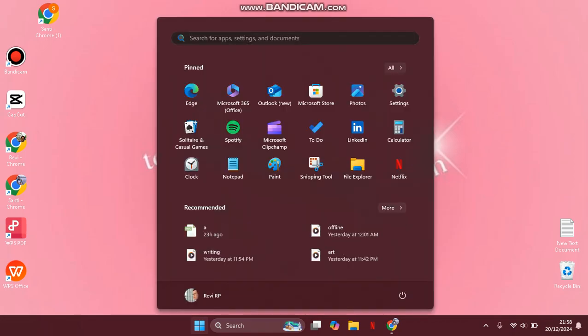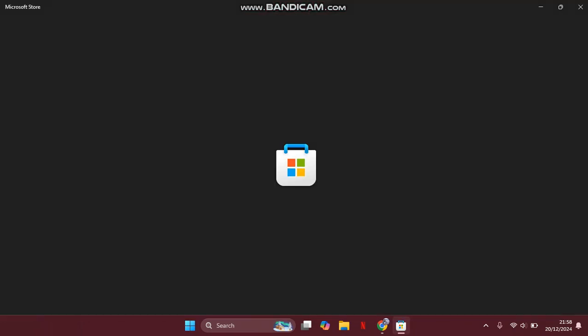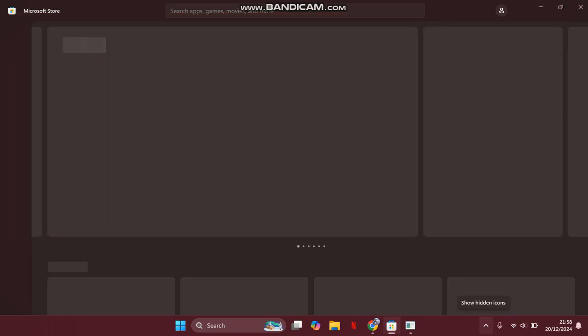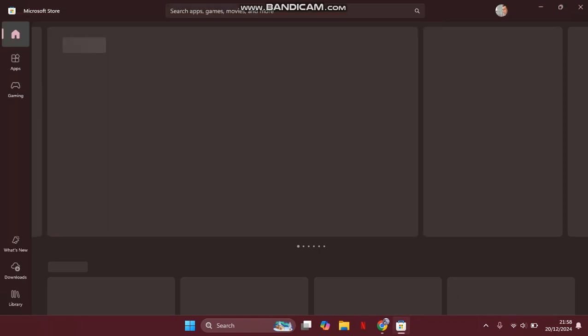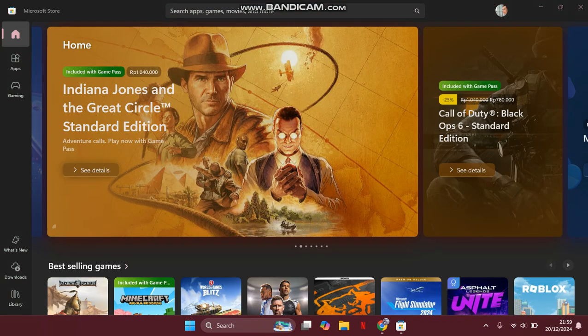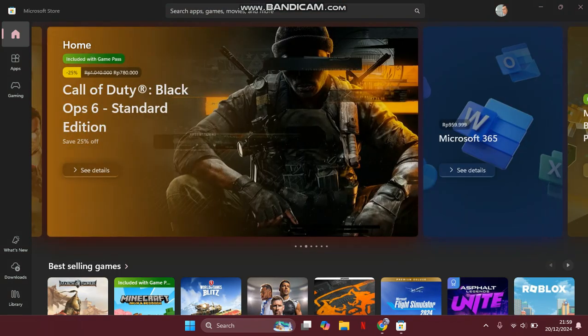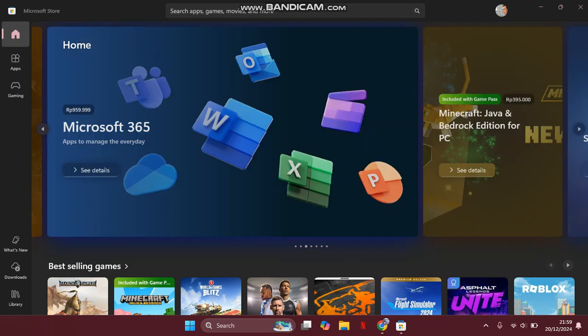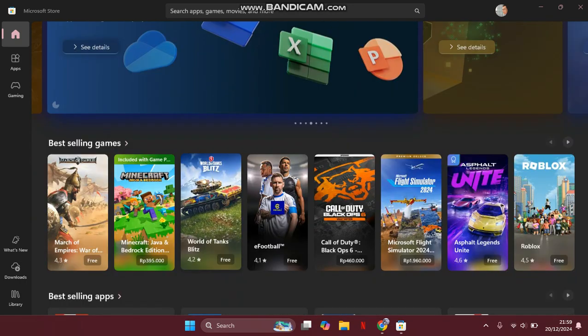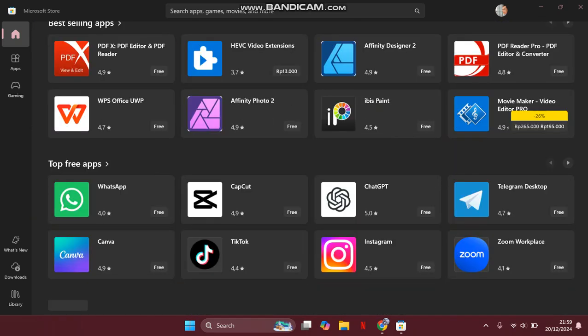If you are also using the Windows operating system on your laptop or computer, you can just go to the Microsoft Store, and then here on this store you can just search for a Netflix app. You can explore it in here, or you can just click on the search bar and search for Netflix. So when you find the Netflix app,